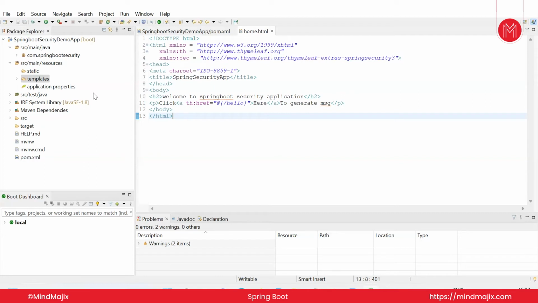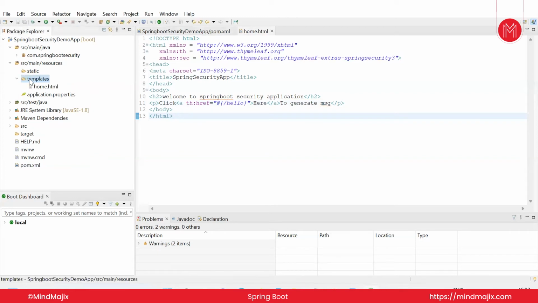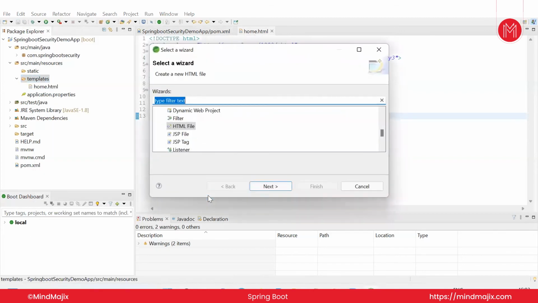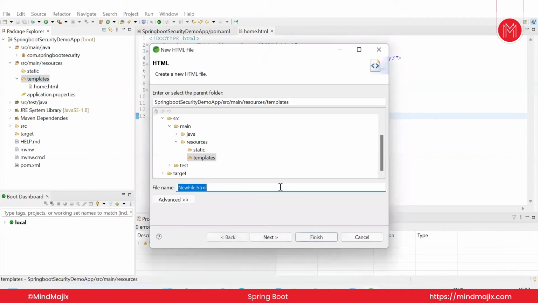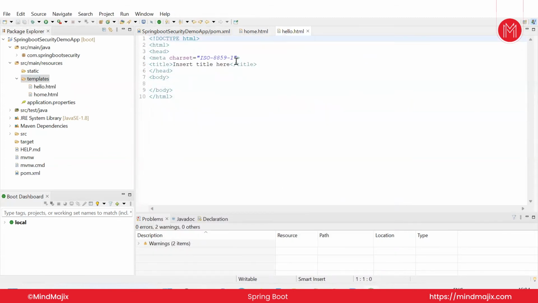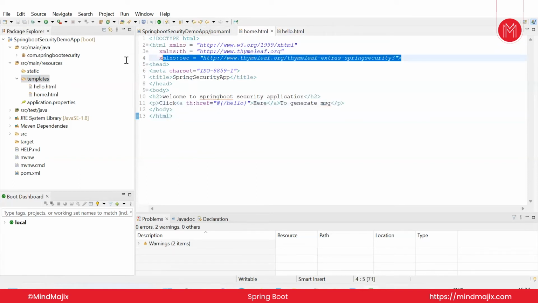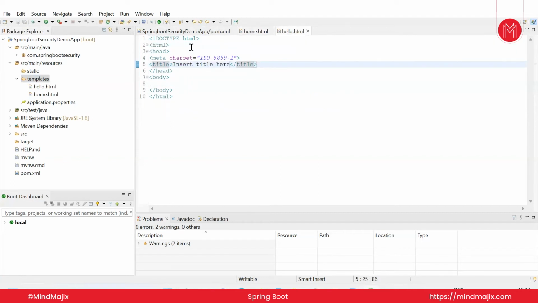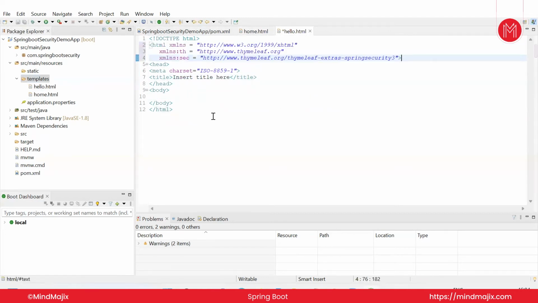After this one, I'm just going to focus on creating one simple template with one more simple title. I'm going to implement one more HTML file with the support of the Thymeleaf template engine. The file name is hello.html. Our main agenda here is to display some message, right? So it's better to take the required namespaces because we are working with the Thymeleaf template engine. So in the root tag, I just specified them, and after that, our title should be